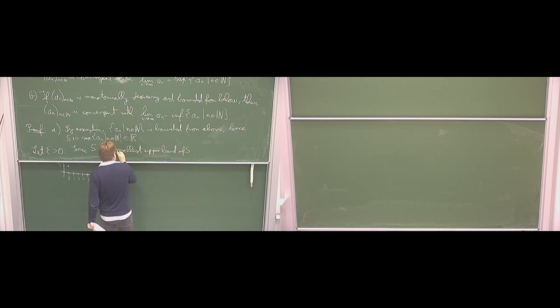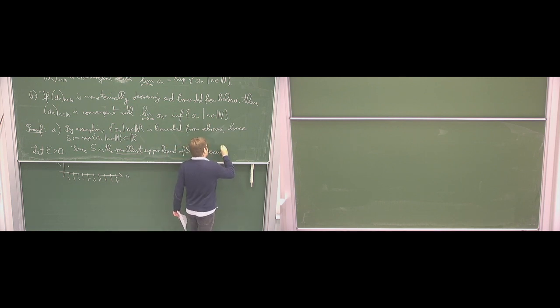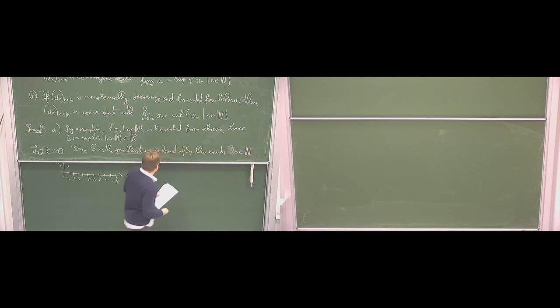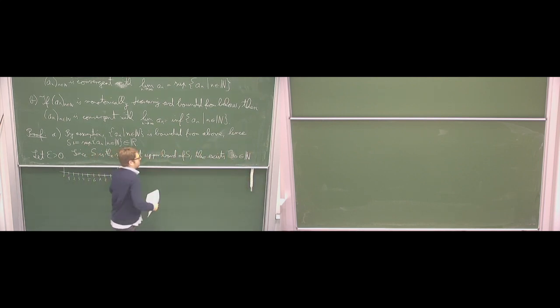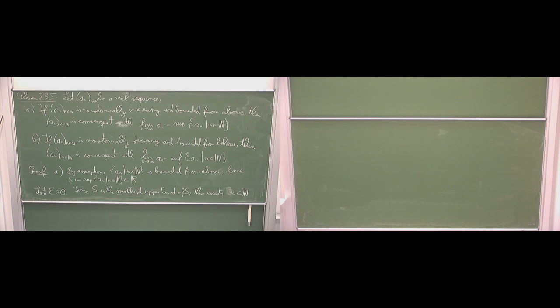So if we take S minus epsilon, this cannot be an upper bound. Since S is the smallest upper bound, there exists some element of the sequence, so there exists an n0 in N